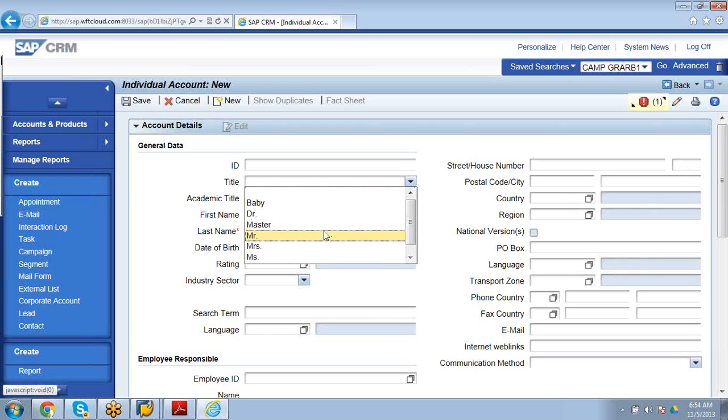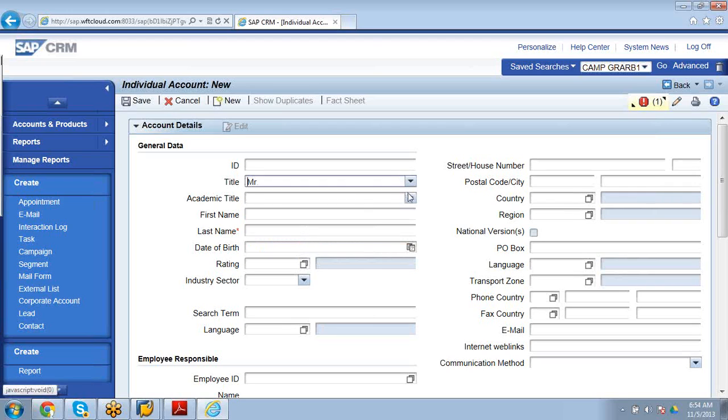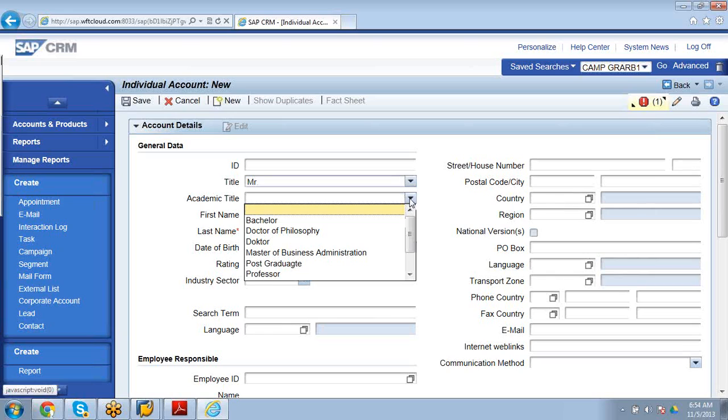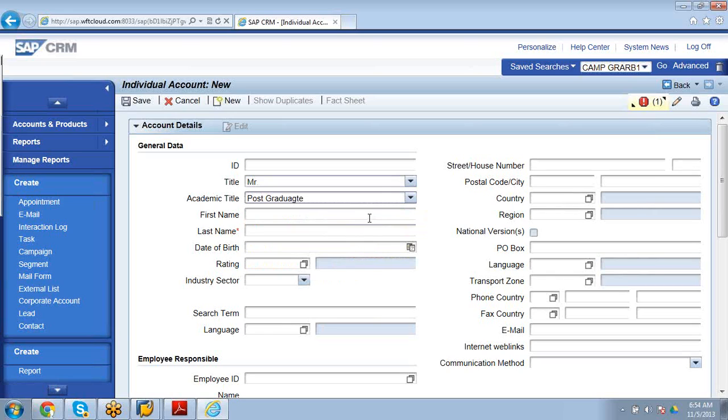Leave the ID space empty. Mr. Give an academic title.